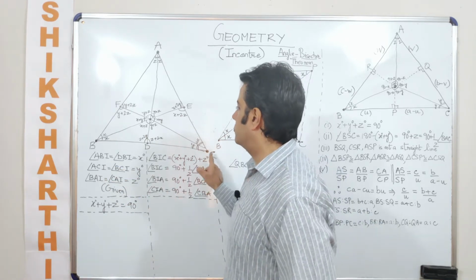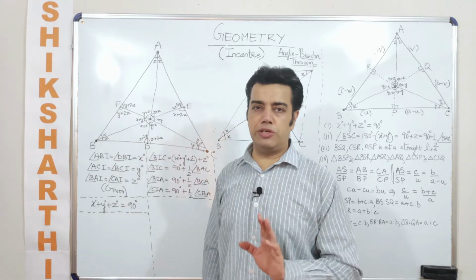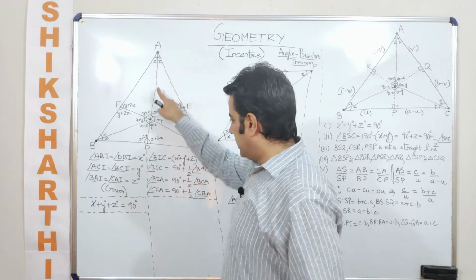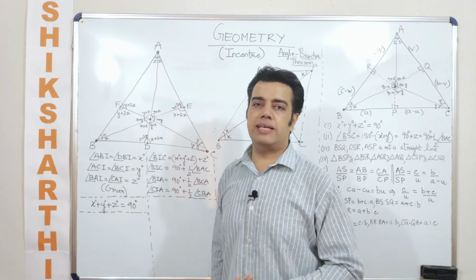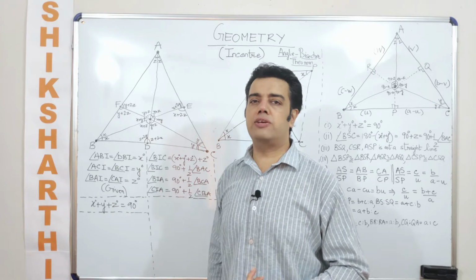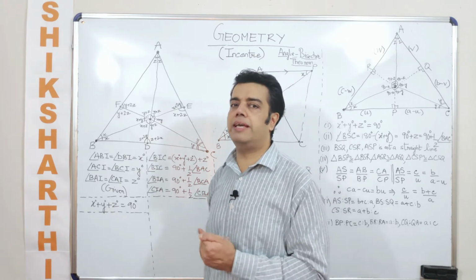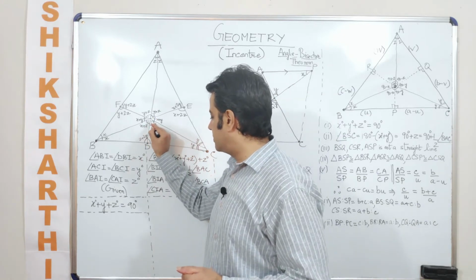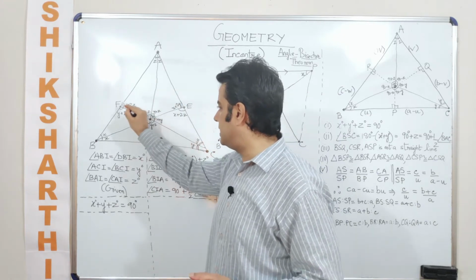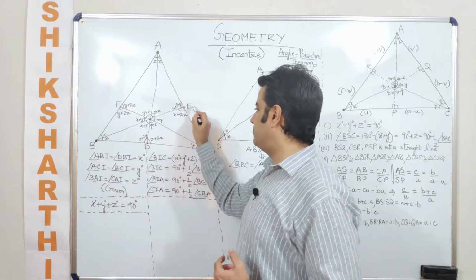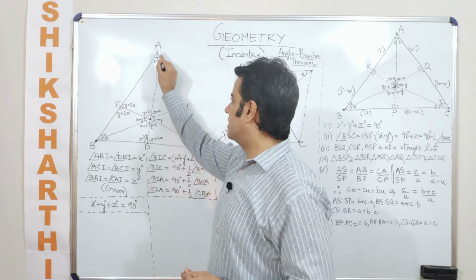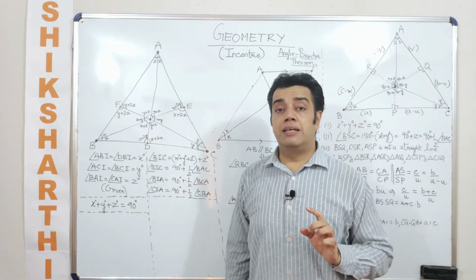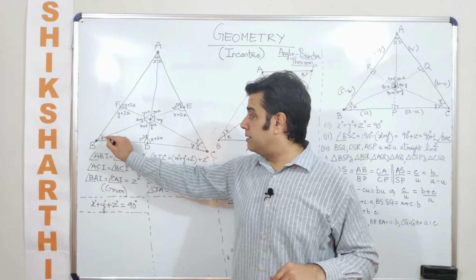Okay, similarly we are talking about CIF. These are three collinear points, that means they lie on a straight line. At the same time, AID is a straight line, or I can say that there are three collinear points lying on a straight line, and these three collinear points are A, I, D. Okay, which is why we are able to say that the point of intersection of these three lines, let us say the line segment BE, line segment CF and line segment AD, given that these are angle bisectors,